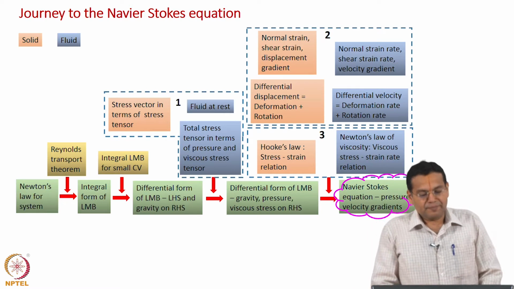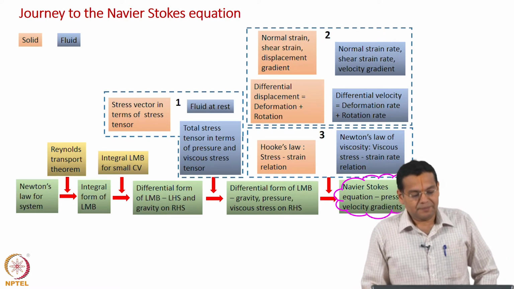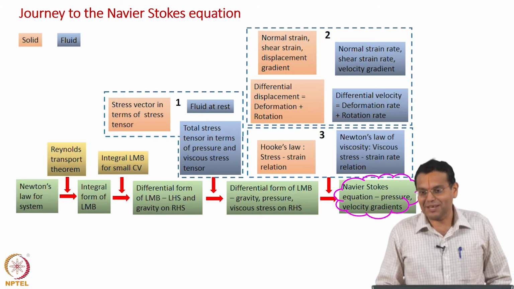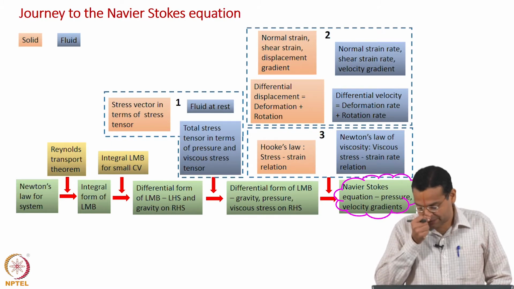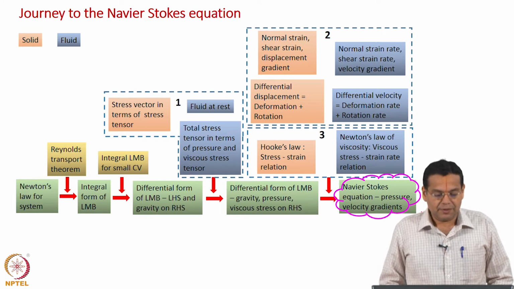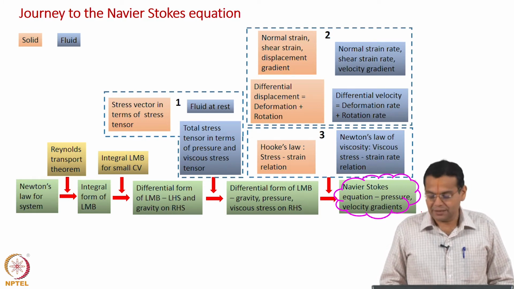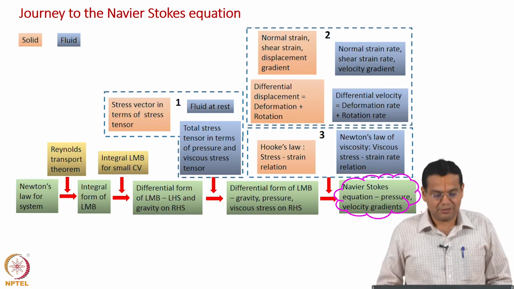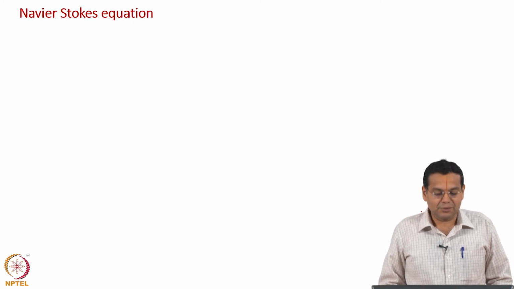In terms of our journey to the Navier-Stokes, of course, very obvious, we are at the last station, namely deriving the Navier-Stokes equation using the stress strain rate relationship just derived. Of course, for a change there is no outline. The reason is there is only one line, which is the Navier-Stokes equation. So, let us do that.